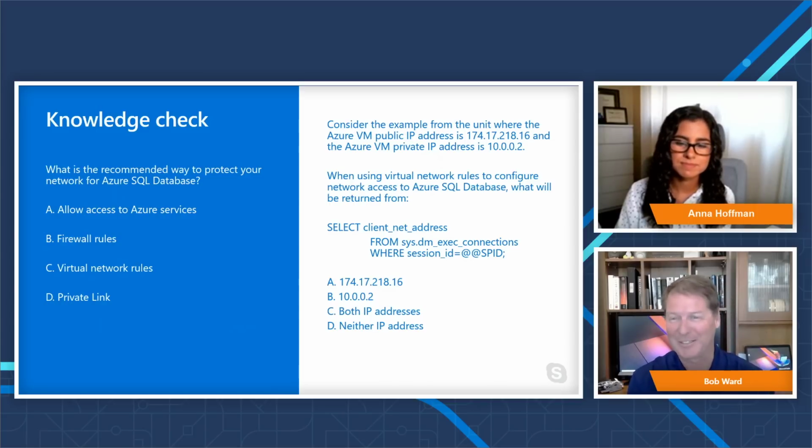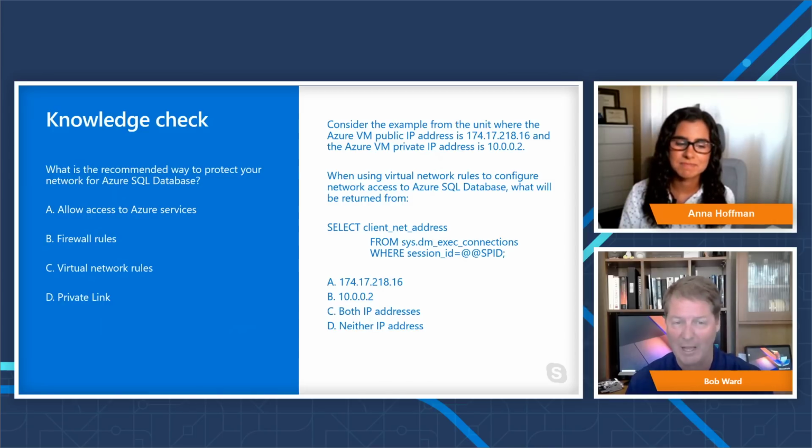It's a tricky question, right? Because you could say, for example, virtual network rules. Let's pick on that one. That could be a recommended way to do this, right? Because it's an easier way because you don't have to know IP addresses, but it is not the most secure. So if you think about from a recommended way to protect your network, that was the key to the sentence there.